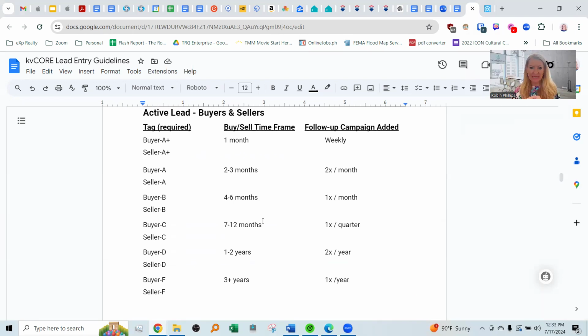you go into that lead, and this has step-by-step. You're going to go into the lead. You're going to call them right away, obviously. Whether you reach them or not, they get whatever notes set up and maybe another call. And there's a call sequence in there that KVCore will do for you to try and get them on the phone. But then how much time do you spend on follow-up?